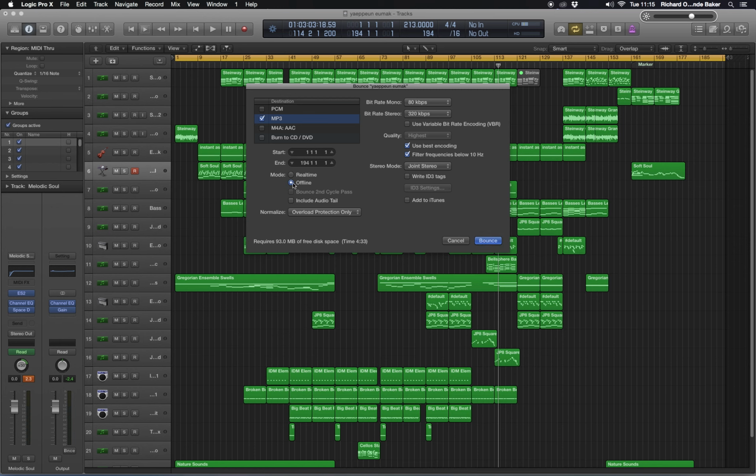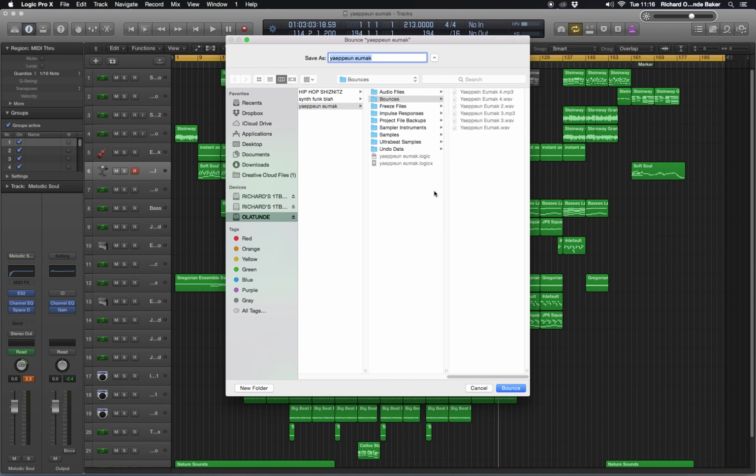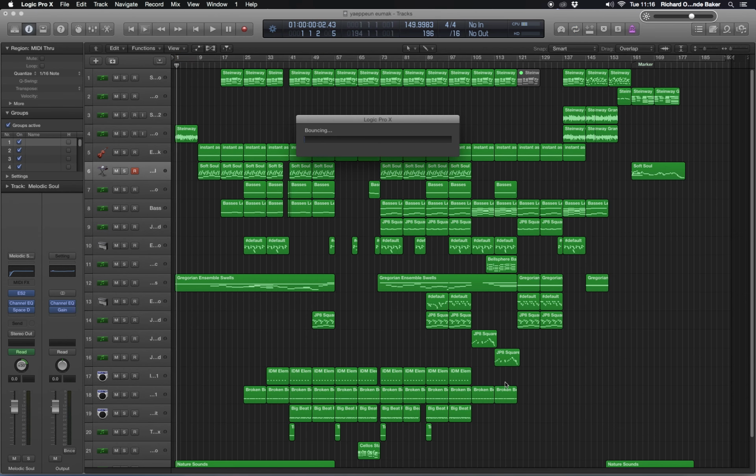We're on offline, so it means we don't have to play the whole music and wait 10 minutes. We can just go bounce, and again, the slow computer, it's asking me where I want to save it. There it is. I want to save it as my favorite title, Bounce, and just wait for it to, oh gosh, it's taking longer because of my computer. After it bounces, it'll then say converting to MP3, and there's your file, which you will drag into the upload tab that I'm creating for you today. Okay, so I'm not going to sit and wait for this bounce, because even though it's offline, it's a very